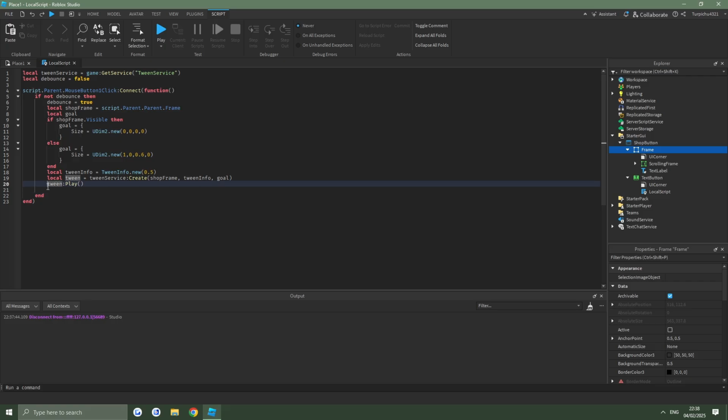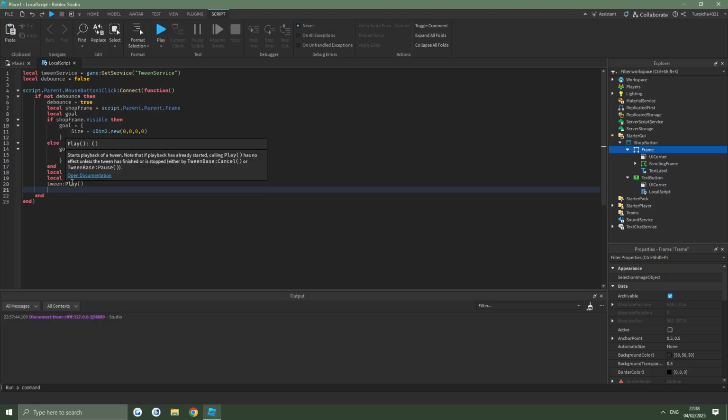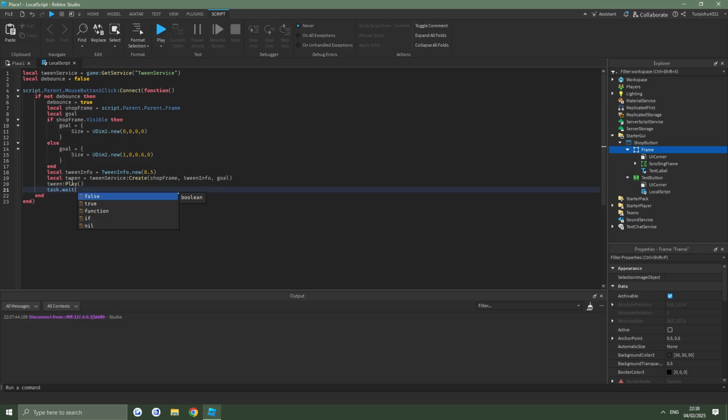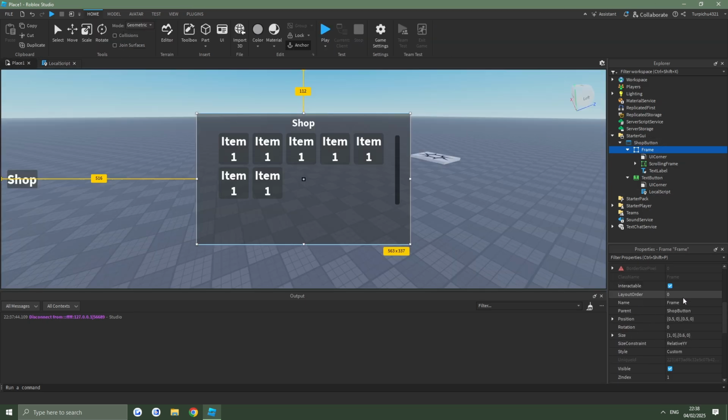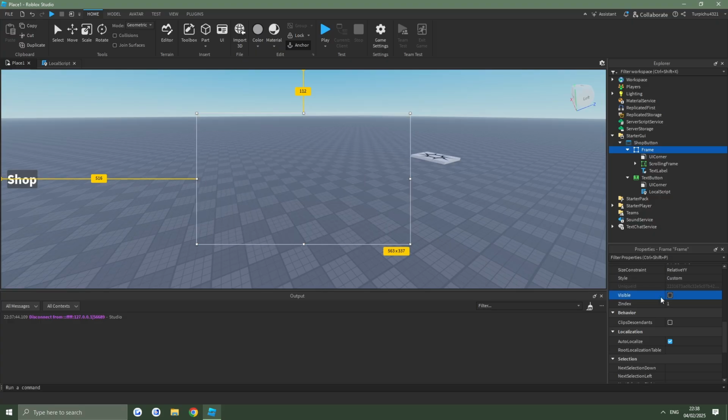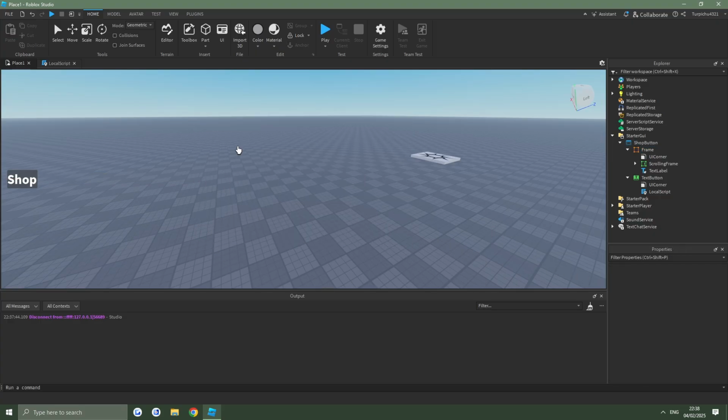However, when we use tween play, this does not yield the script, which is important. Yielding just means that it hangs up the script. So it's good in some cases, but in this case, I want debounce to be set to false after the animation is done. So I'm just going to simply do task.wait, and I'm going to wait the time that we gave it. So we're going to do 0.5, and then we're going to make debounce equals false. And then over here, we do want the frame to be not visible, so I'm going to set visible to false. Then when I press play,